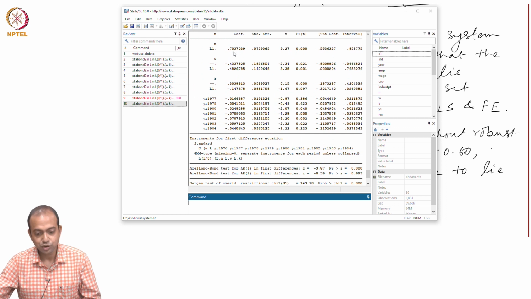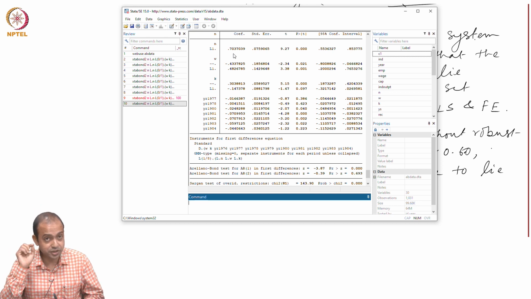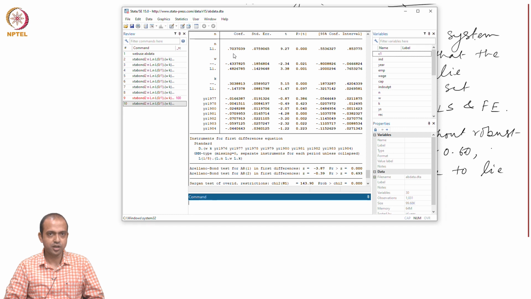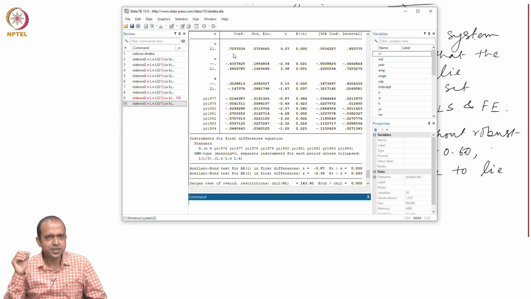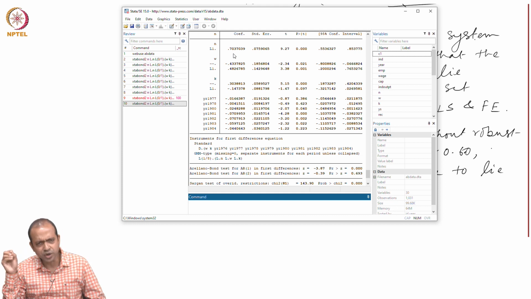See, now the estimate is almost lying towards 0.70. So that means it is approaching the limit. The moment I change that, every possibility while estimating the model, we have to check whether the coefficient we are getting is due to one step or two step. If it is two step and it is satisfying the criteria, lying within the interval, what we need to do is correct the standard error, just put the robust command, right.